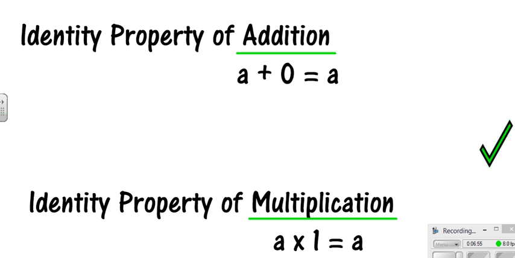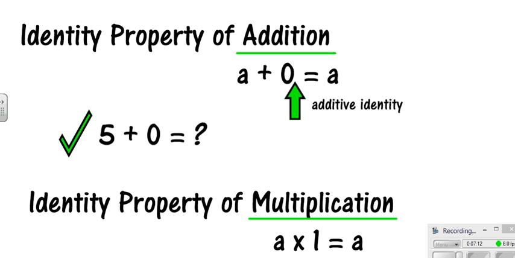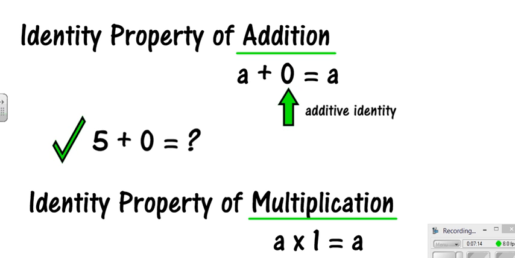The next one is called the identity property. The identity property of addition is a little bit different than the identity property of multiplication. Identity property of addition says A plus 0 equals A. And so we have this concept that, way back when, you've been learning this. If you take a number such as 5 and you add it to 0, you know that it's going to equal,